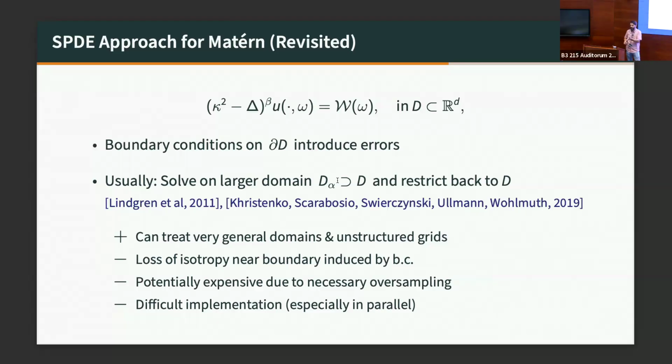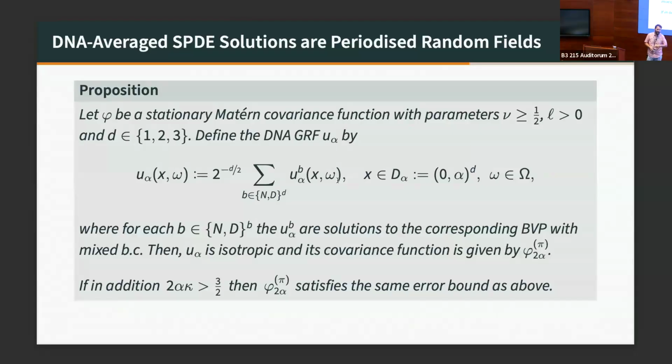Then you need to come up with new processes that work on those bits of the domain. We don't. We just work on the original domain. We solve multiple PDEs on the original domain. And this is basically the corollary to the other result. If you take the same averaging of